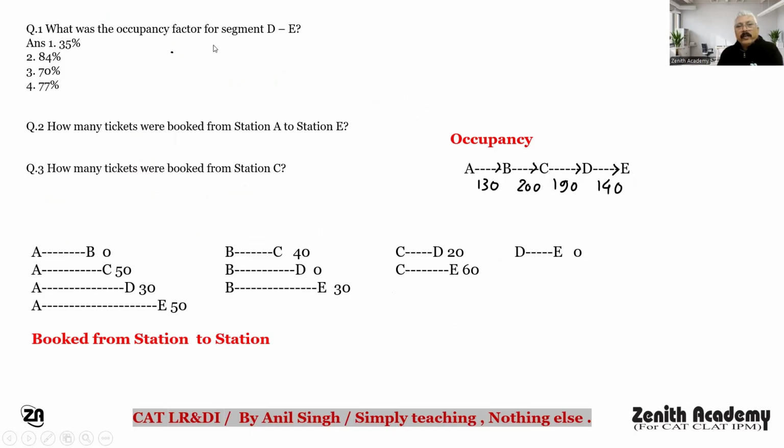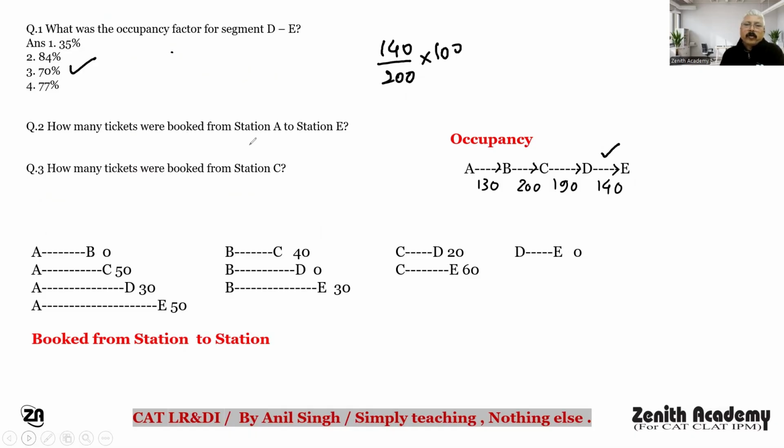What was the occupancy factor for segment D to E? So D to E is 140. So 140 upon 200 into 100 is 70%. 200 का 140 मेंटली कैलकुलेट कर सकते हो।